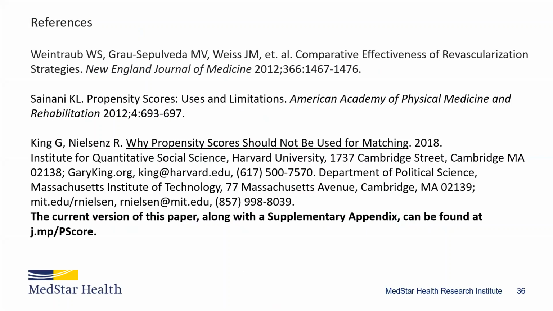So these are some of the references. The first one is the IPW study I went over. The second one is a really nice summary discussing propensity scores, their use and limitations. And then the third one, I want to mention a little bit, is entitled Why Propensity Score Should Not Be Used for Matching. Their paper is quite interesting. It's a bit on the technical side, but if you're interested in it, I think you can get a lot out of it. And I think basically what it boils down to is that